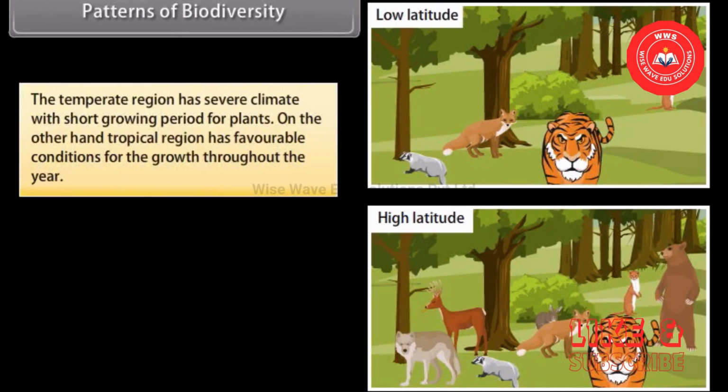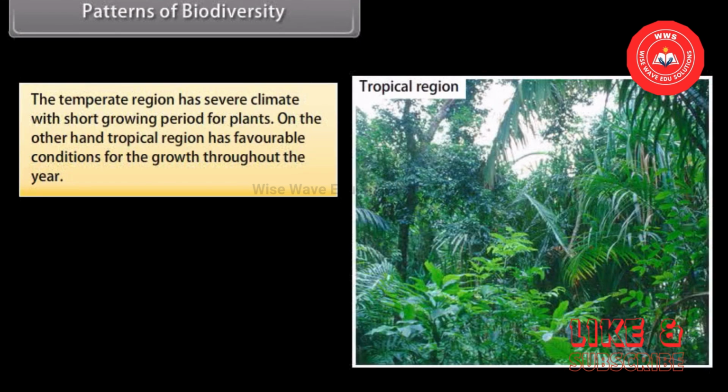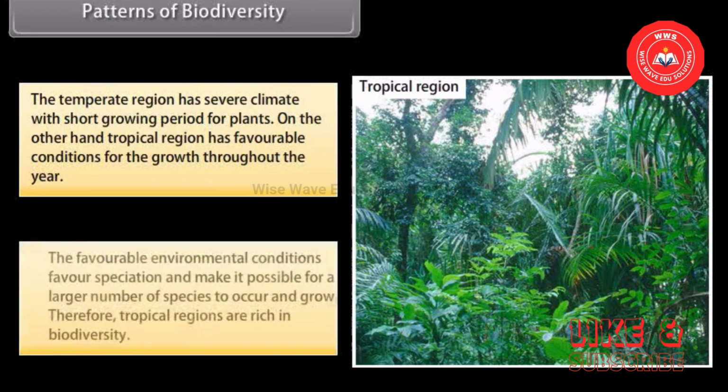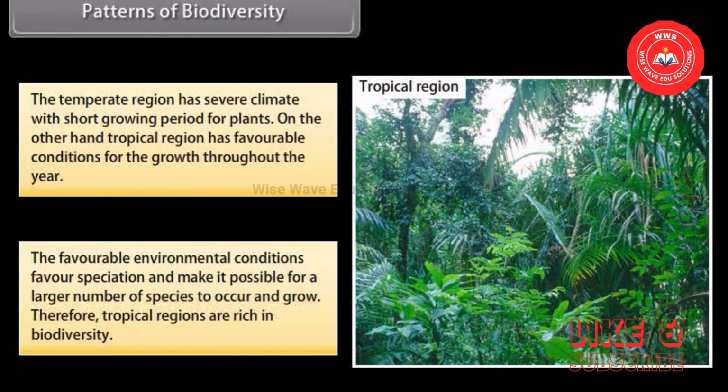The temperate region has severe climate with short growing period for plants. On the other hand, tropical region has favorable conditions for the growth throughout the year. The favorable environmental conditions favor speciation and make it possible for a larger number of species to occur and grow. Therefore, tropical regions are rich in